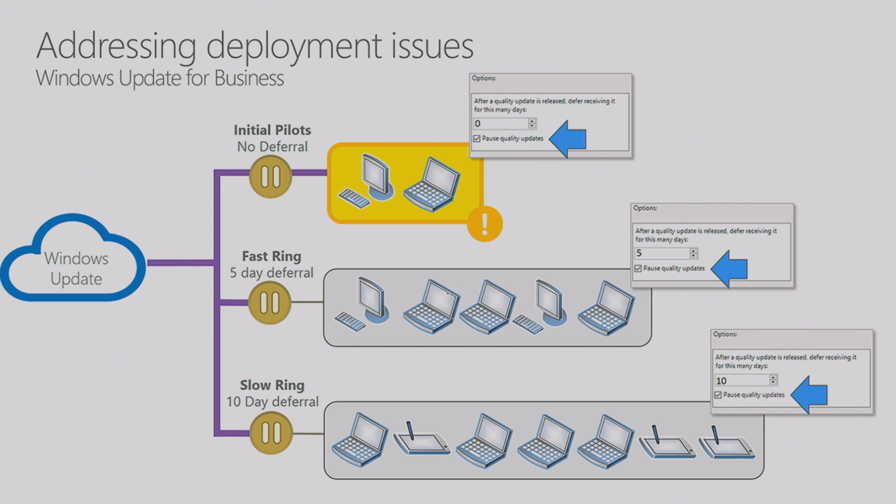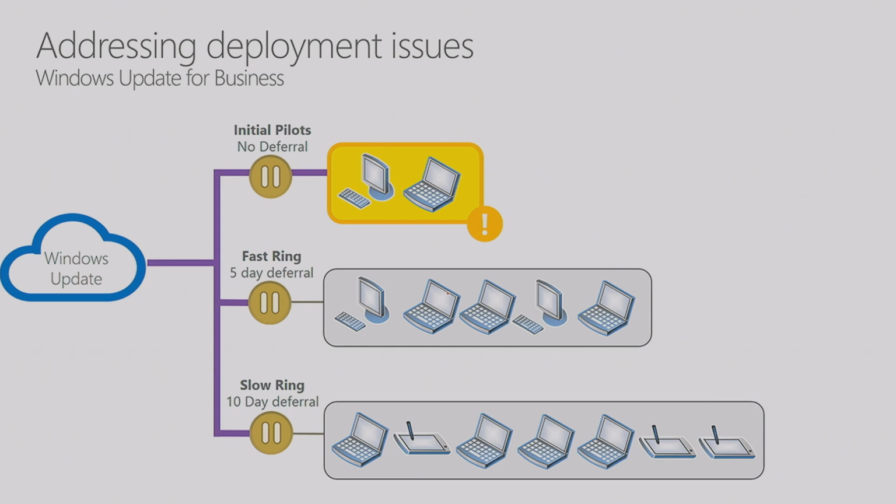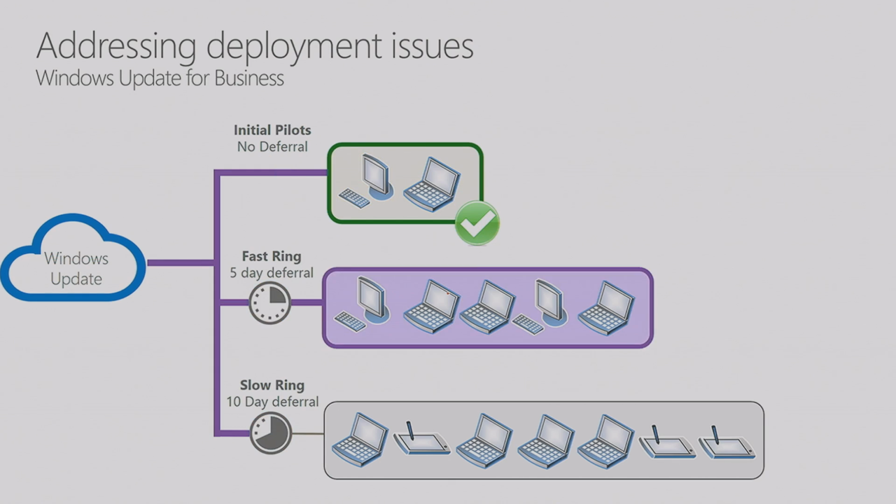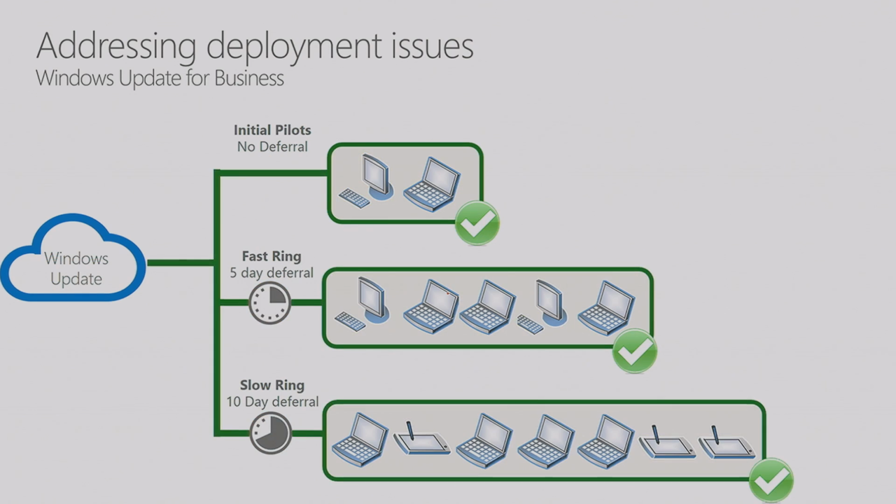So now you've paused and you start to look at remediation for what you're going to do for that initial set. You understand what the problem is. You've found out what the solution is, whether it's Microsoft, whether it's something in your environment. Now what you can do is go through and unpause these machines. Now those updates follow that deferral and find their way through. That's pretty much it. It's very simple,